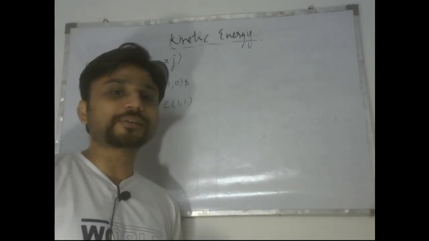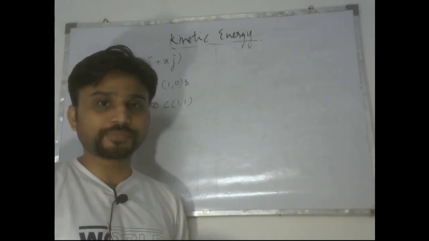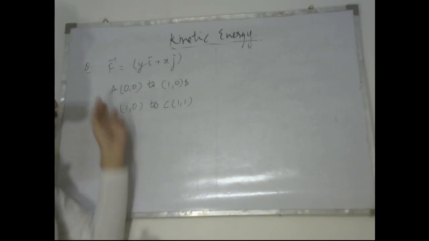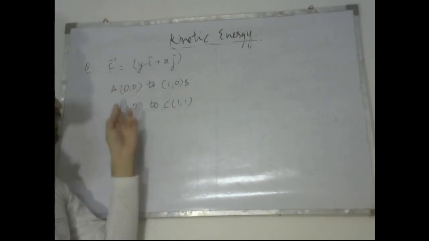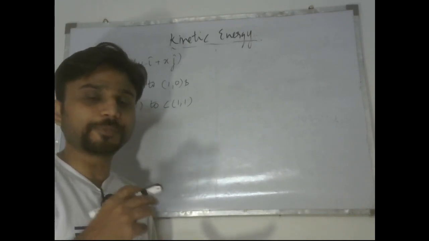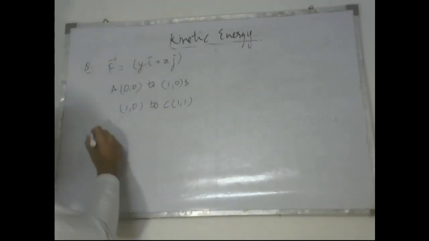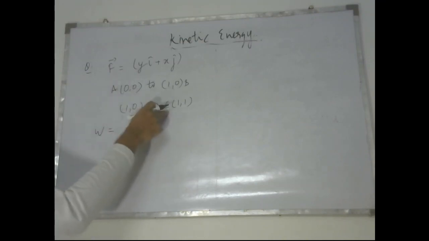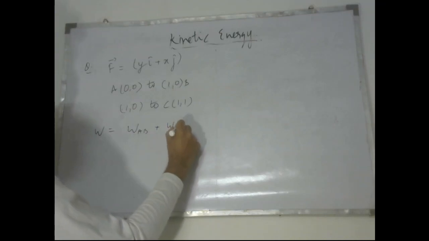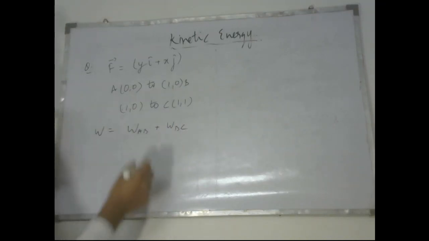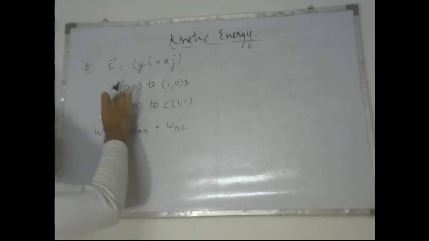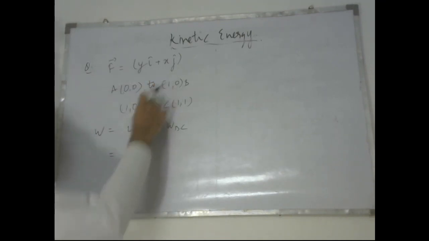That means we are going to calculate the work done in 2 steps, just as the question has mentioned, that the particle is going from this point to this point and this point to this point. In the same way, we will be breaking our calculation of work. So the net work done by the particle from A to C can be divided as work done by the particle from A to B and the work done on the particle from B to C. So as the particle is going from A to B, the limits are 0 to 1 for x